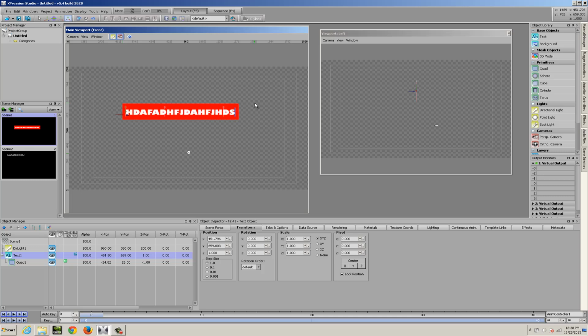Now to take this functionality a step further, what if I also want this object to scale vertically as I create more line breaks in my text field? You'll see right now if I create a line break, the quad again is scaling in both directions vertically. And again, that's a byproduct of where its pivot position is currently located.